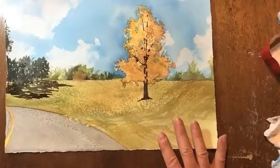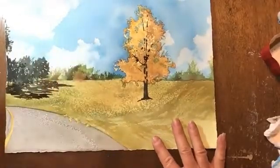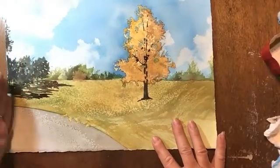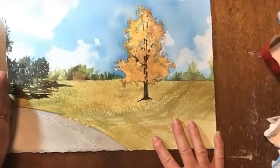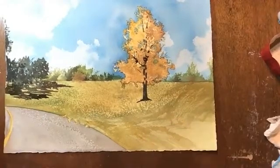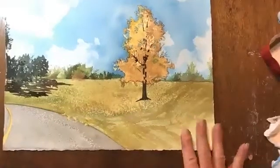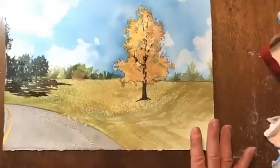I have trees over here because we put this little bit of branching there. So that means there are trees here in the foreground. So those trees in the foreground is what's coming across the roadway. So I'm using a bigger brush